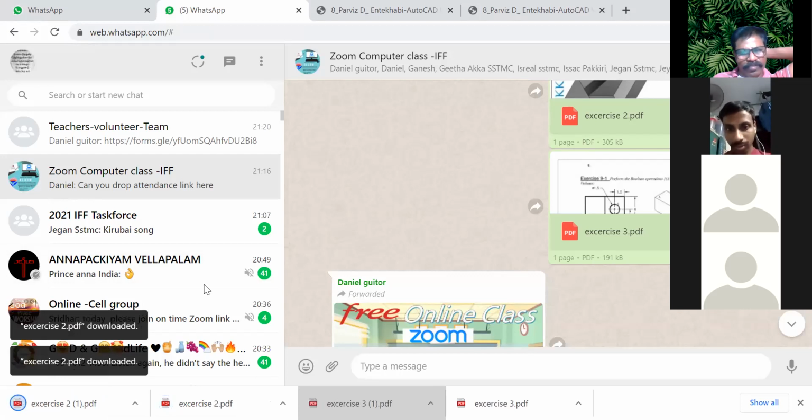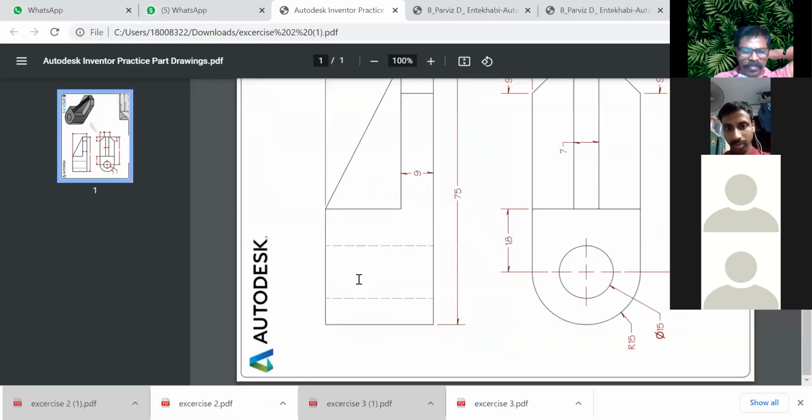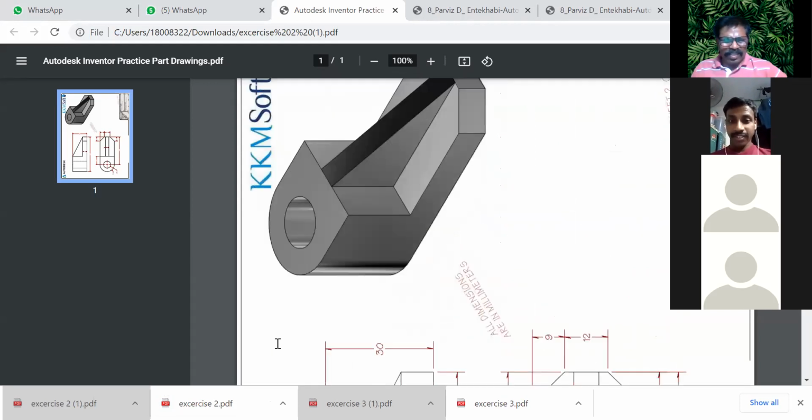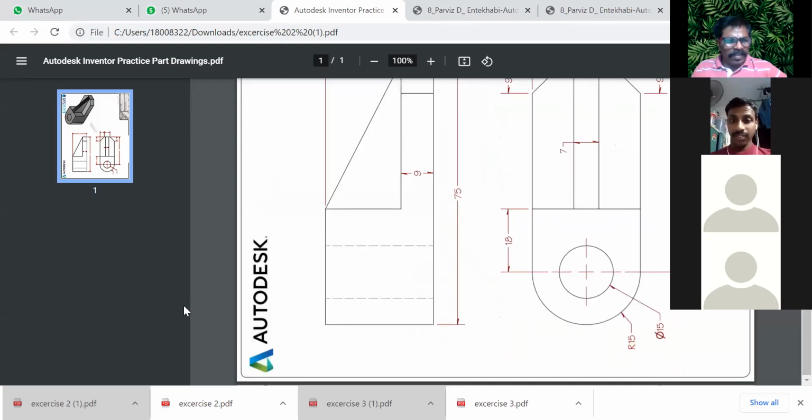I think you all can do. I want you to do this exercise. This is very basic, it's simple. Normal diagram, sir. Yeah, it's a normal one. Very simple. So you try this one, and then we'll go complicated. Day by day, we can go complicated.